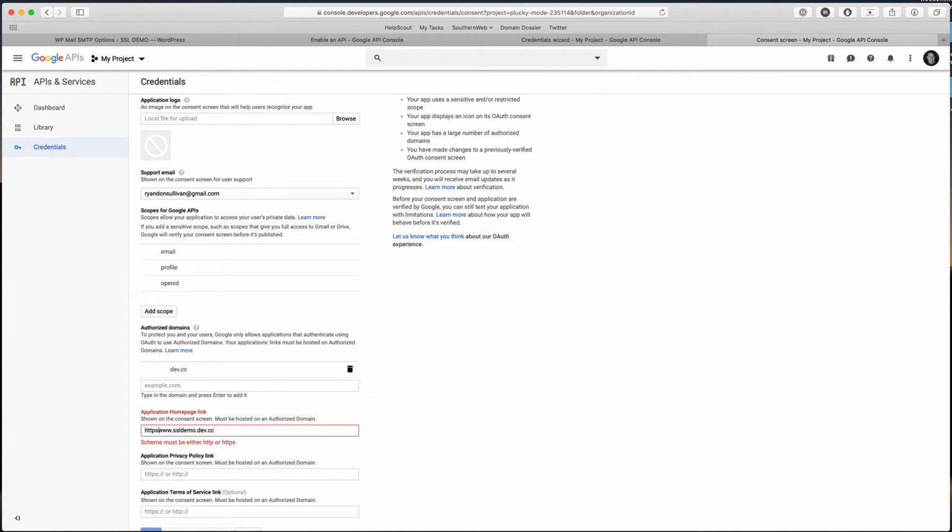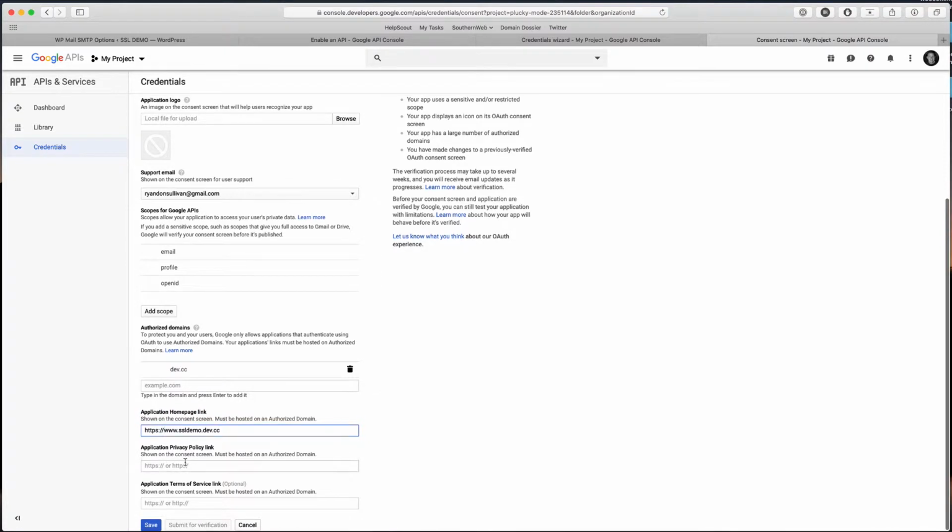They do want the protocol for the homepage link, and you are required to have a privacy policy, but again, since this is for personal use, we're just going to say privacy, and we're going to say that our link here is